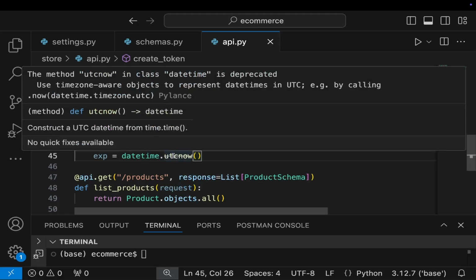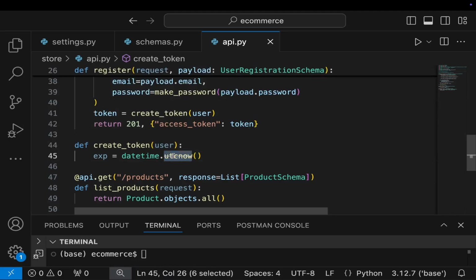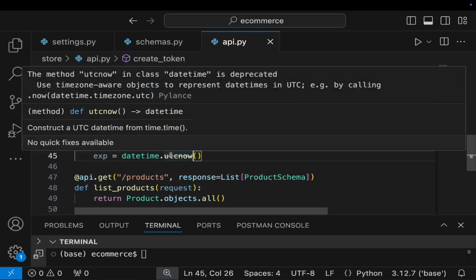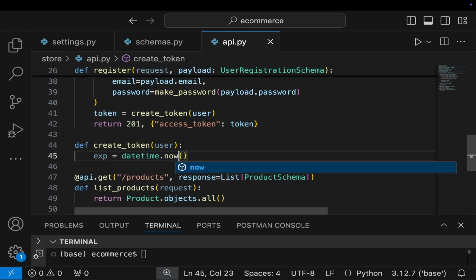This has been deprecated. Since we're just learning, we can use it for now, but make sure you don't use it because it has been deprecated. What does utcnow do? They give us information on what to replace it with. It says the method utcnow in class datetime is deprecated. Use timezone-aware objects to represent the time in UTC, e.g. by calling .now. So we can simply say now, and then we shall add to this